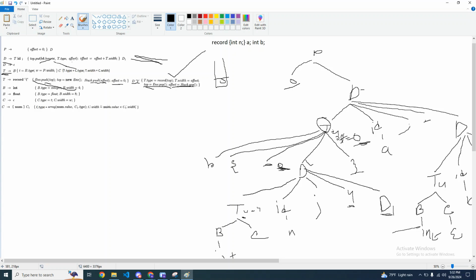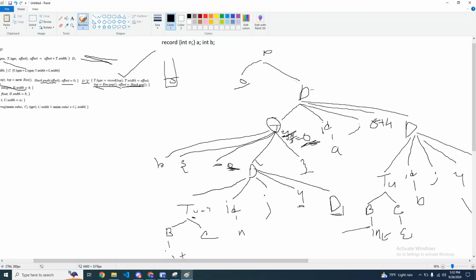This rule, right? So offset is offset plus t dot width. So here you can see the offset was what? Offset was 0. The offset was 0, right? So offset was 0 plus t dot width is what? 4. So t dot width is getting 4. Okay, so like I said before, it is getting from the width, not the offset. Okay, so now your width is 4, whatever the width of this record was. Yes, the offset is now 4, but it got the value from this 4, the width